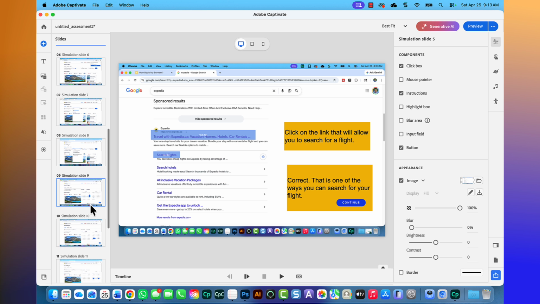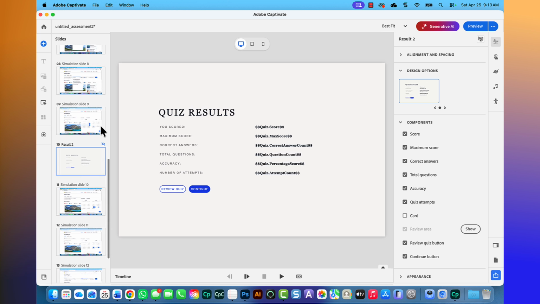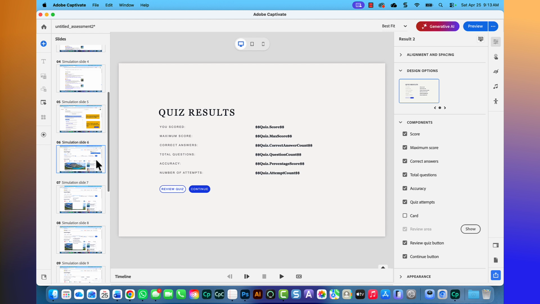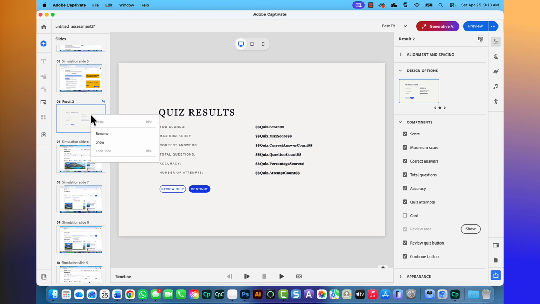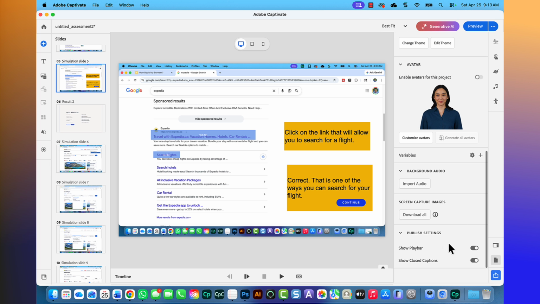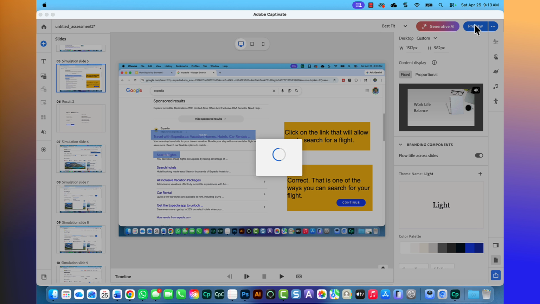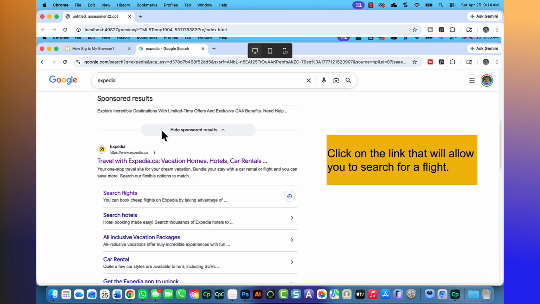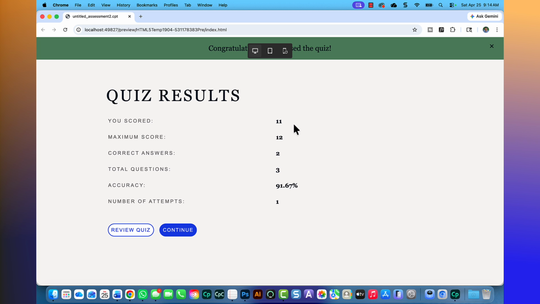Now we can test this out by going down to our bottom slide, which is our results slide, and move that up just so that it occurs immediately after this slide. And currently it's hidden, so we'll just show that there. And now I think we're ready to test this out. So let's first of all hide the play bar, which we don't need, but we'll preview from this slide and see how that looks. Okay, so we have, this could be a right answer, and then we'll press continue, and